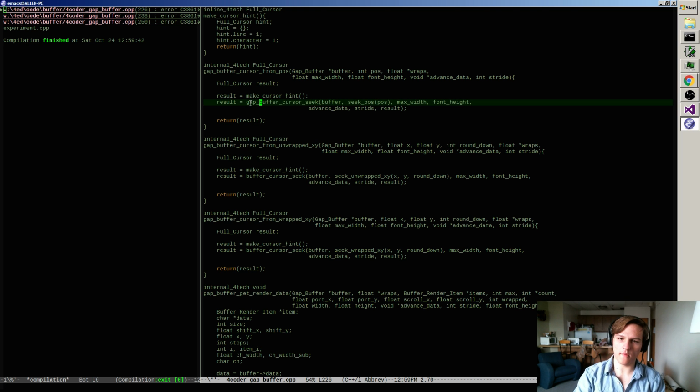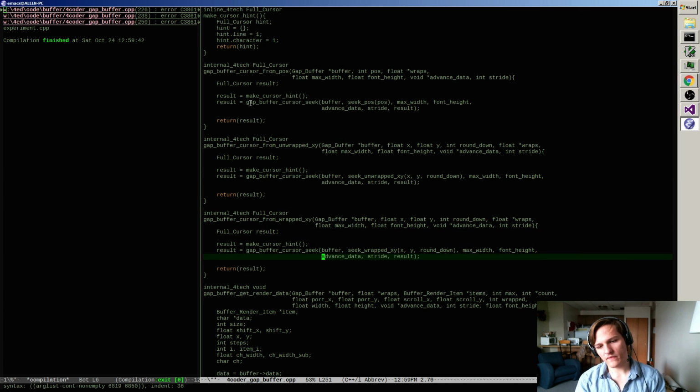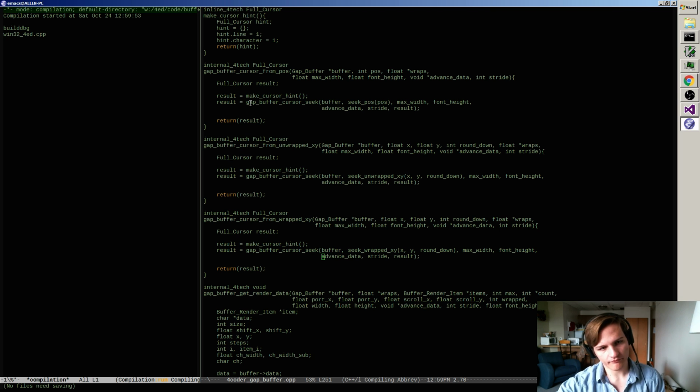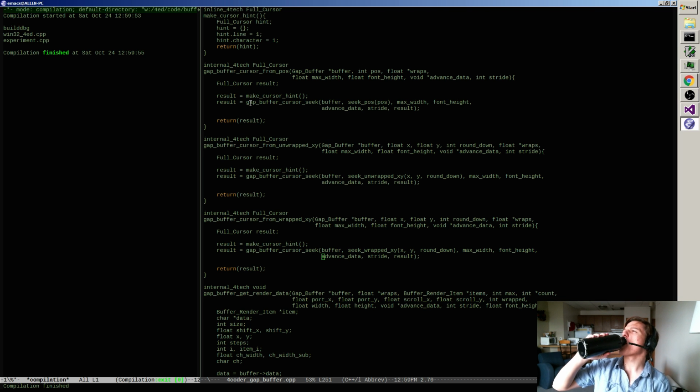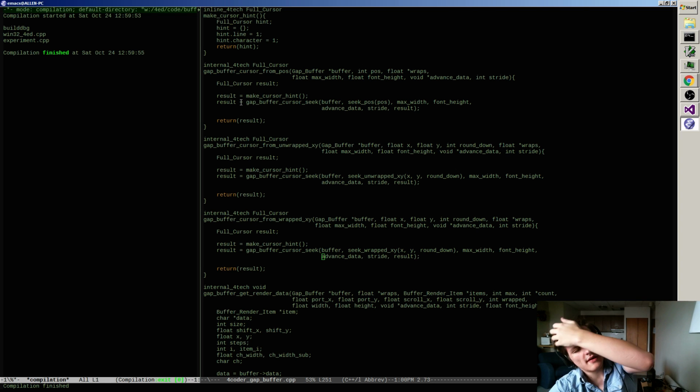Except these are the gap buffer cursor seeks, which is okay. And the fact that they work out to be very similar is nice. Now the trick is, maybe none of this is the optimal, like maybe it's not always the optimal way, the same cursor and the same seek system. Maybe like